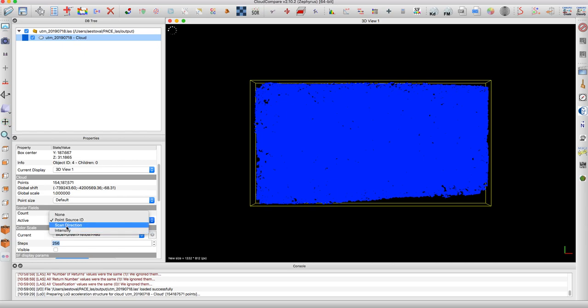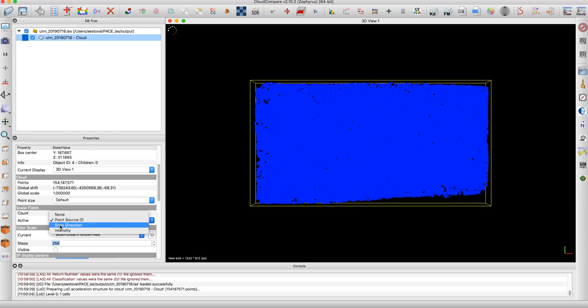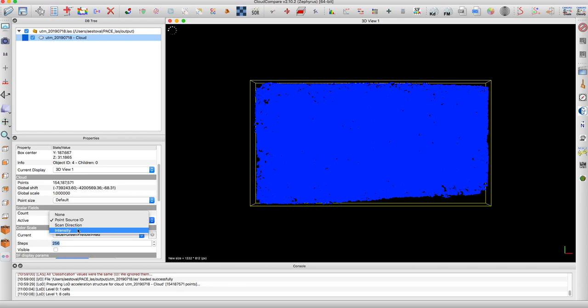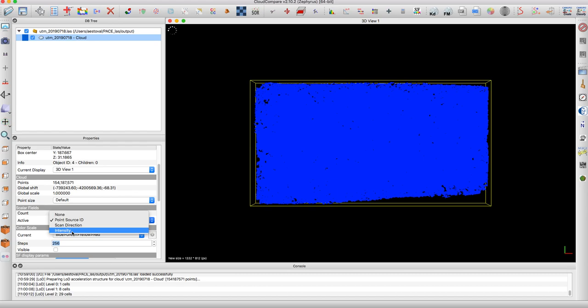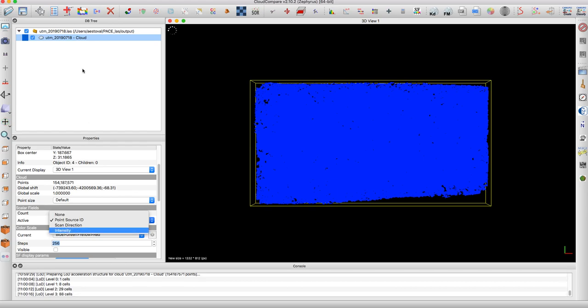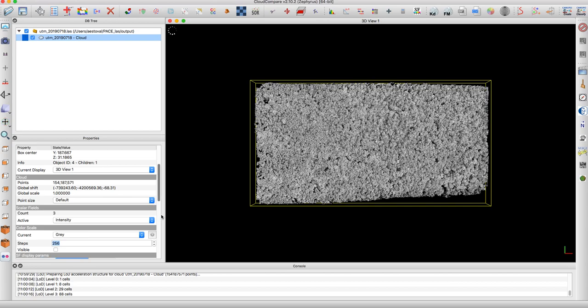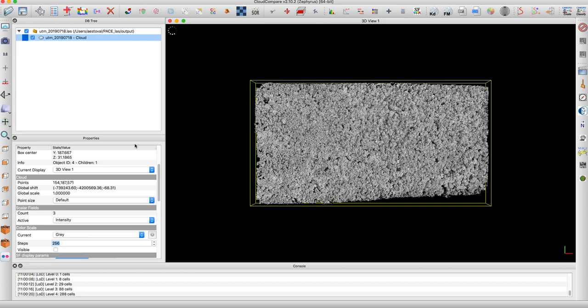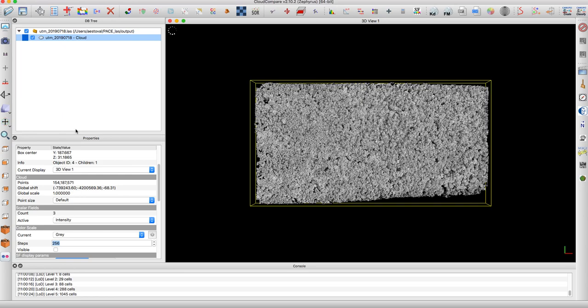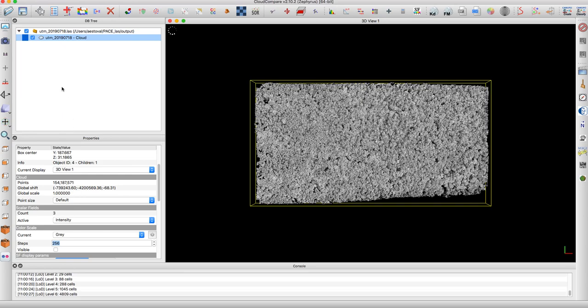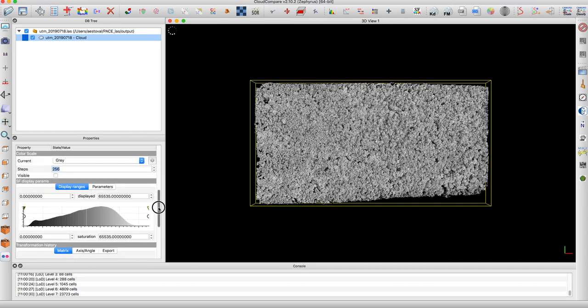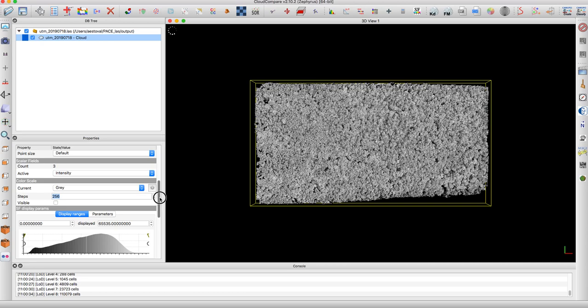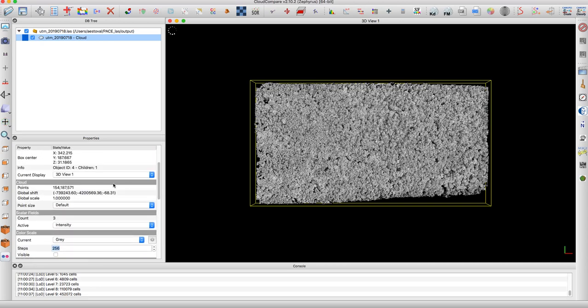all of these would be filled in with information that was based on the scanner and the aircraft, basically aircraft position. Intensity is something that we can use to look at the point cloud, but again, this is not true intensity. This is based on the imagery that was collected with the drone. So we can potentially use it for something interesting, but in this case, we're going to ignore the intensity